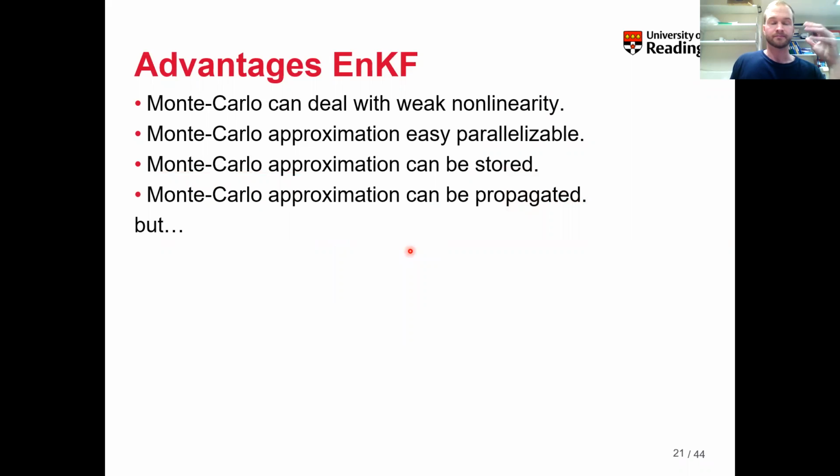Now, the advantages of the ensemble Kalman filter are that it's no longer necessary to assume that your model is linear. You can run all these samples in parallel. Instead of having to store your full covariance matrix, you only have to store your samples, and you can estimate your covariance matrix from those. And you don't have to propagate the full covariance matrix, only those samples. However,